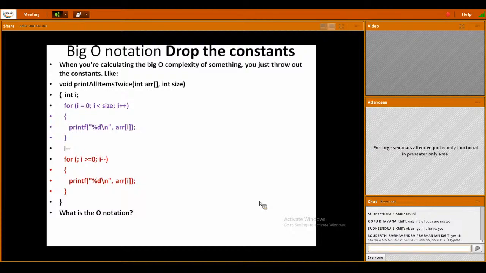Now see, coming to Sudhendra. Here there are two loops. In this again there are two loops. There's one for loop here and another for loop here. So Sudhendra, depending on where the loops are placed, we can't blindly say there are two loops, so make it n squared. So this is an example of what?